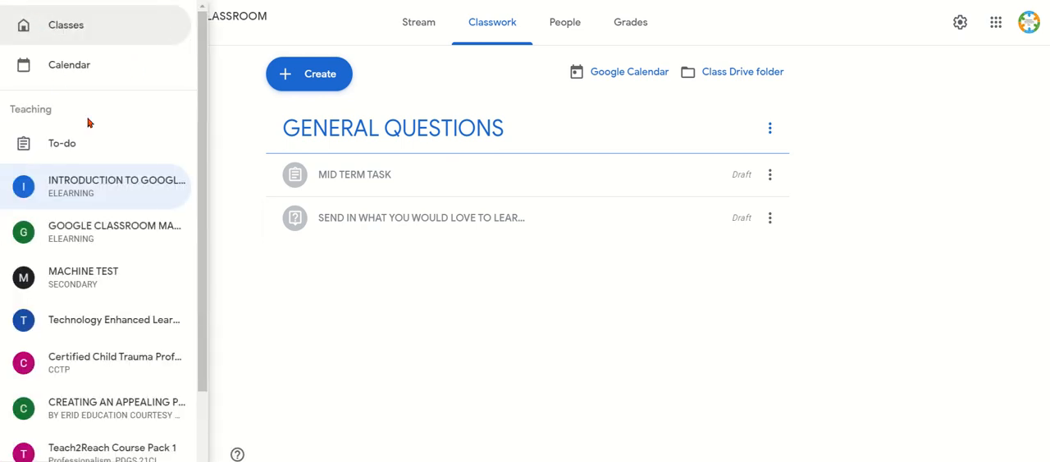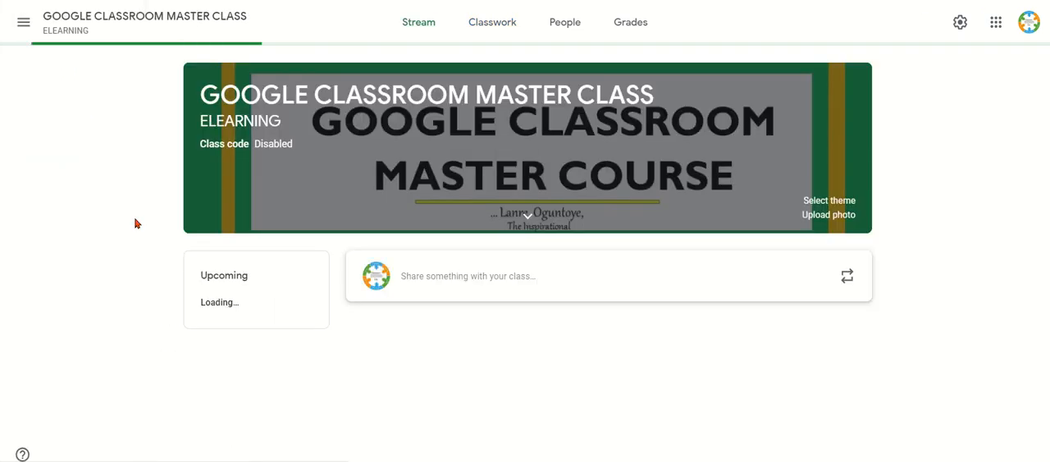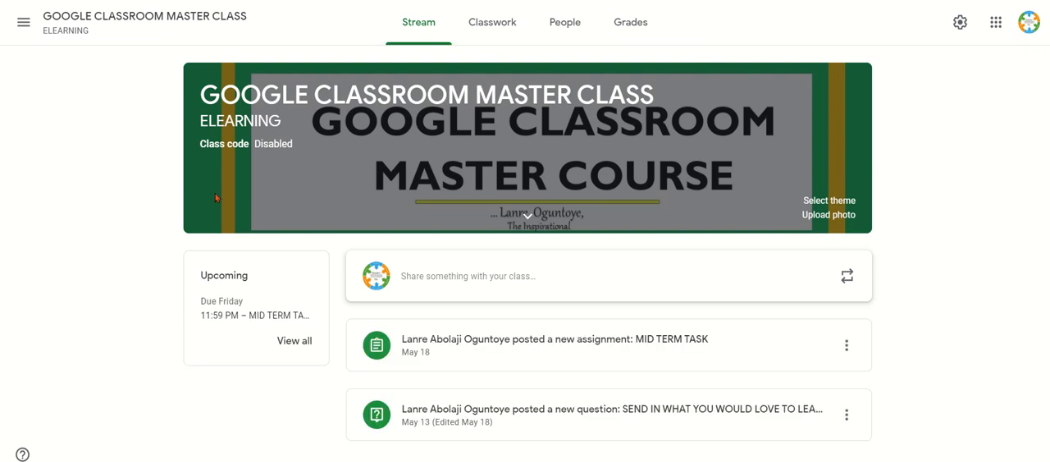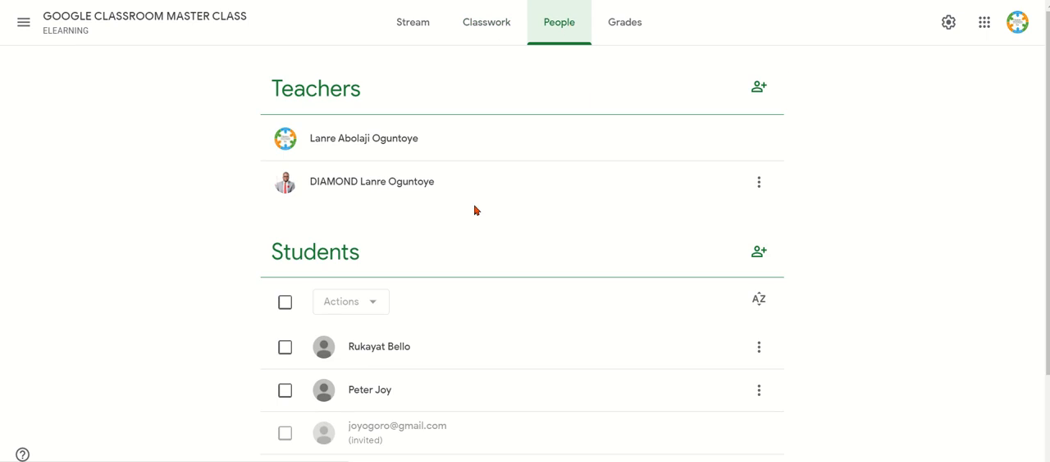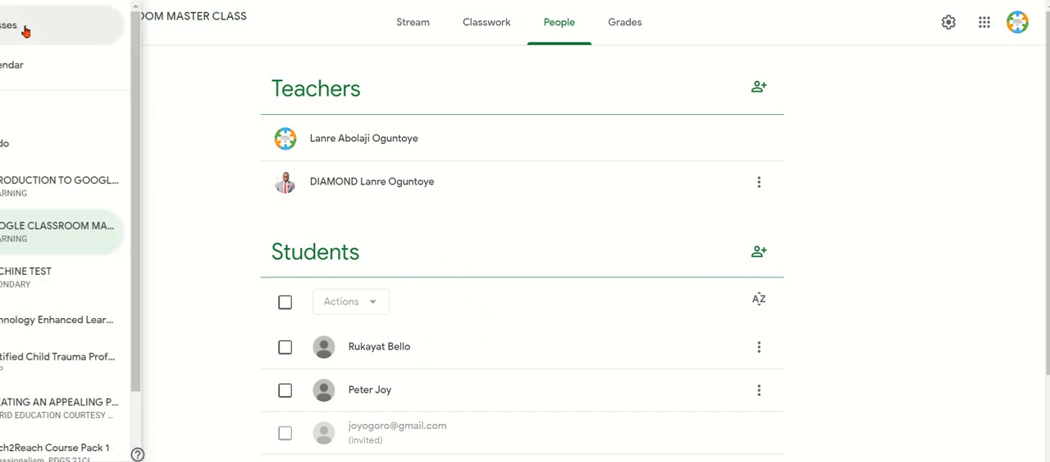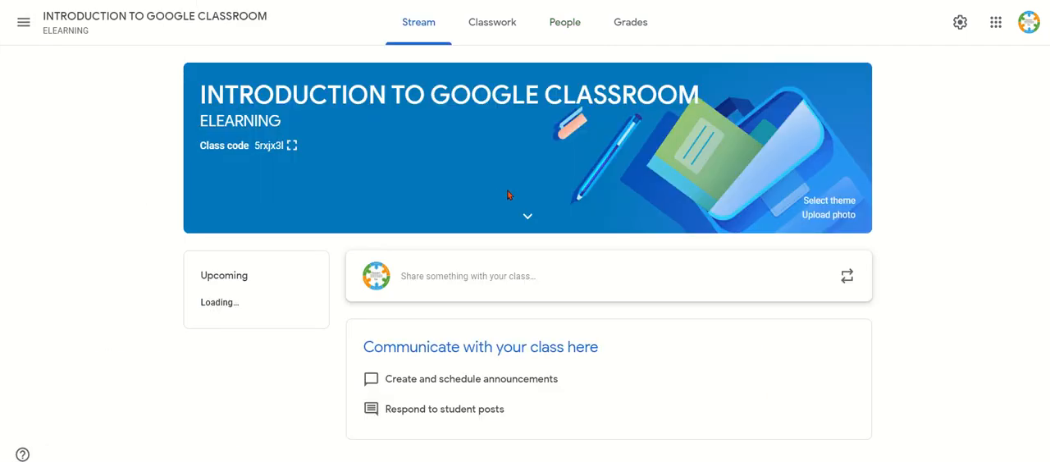So let's compare that to the class from where we made this. Okay, this is the class from where we made it. The class code for this particular class was disabled, but it created a class code for the other one. Then the classwork, you can see the same classwork, but in people, I have 3 students here, while in the new copy I made, I had no student and no co-teacher. So let's check that again. This is the copy that we made. You can see no announcement,